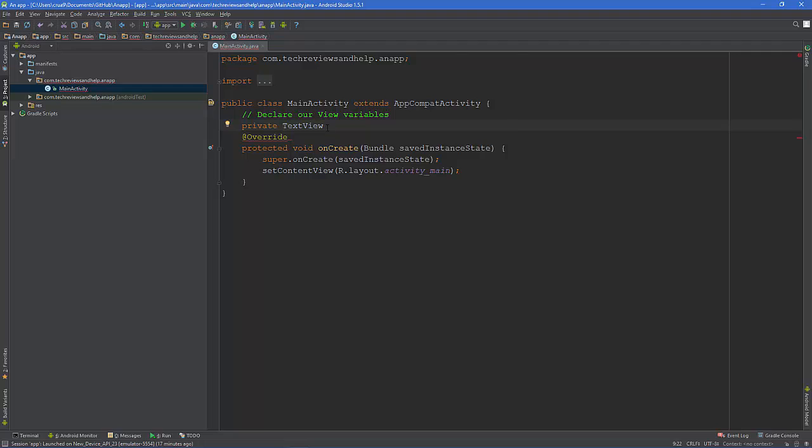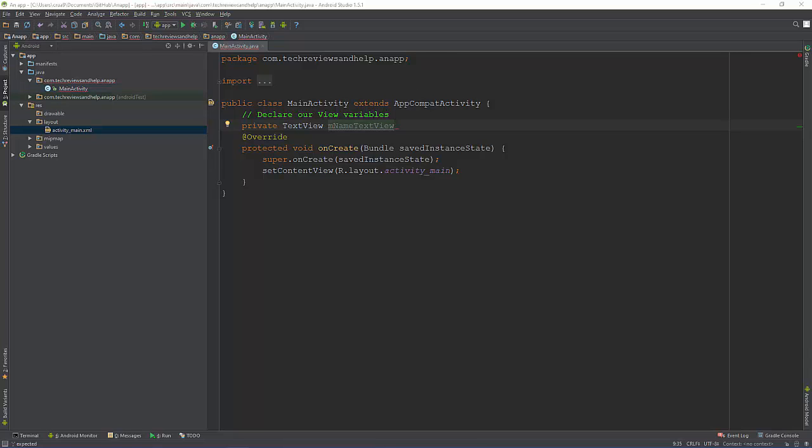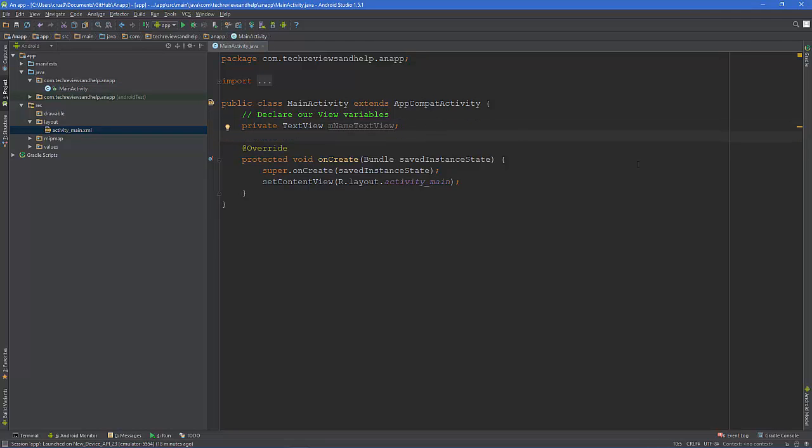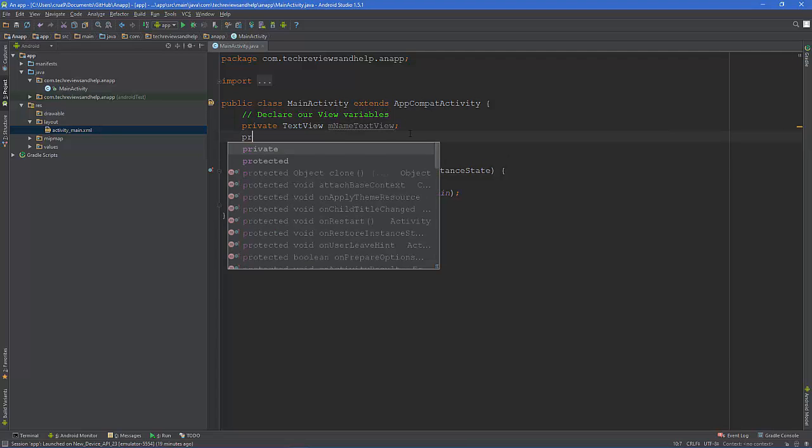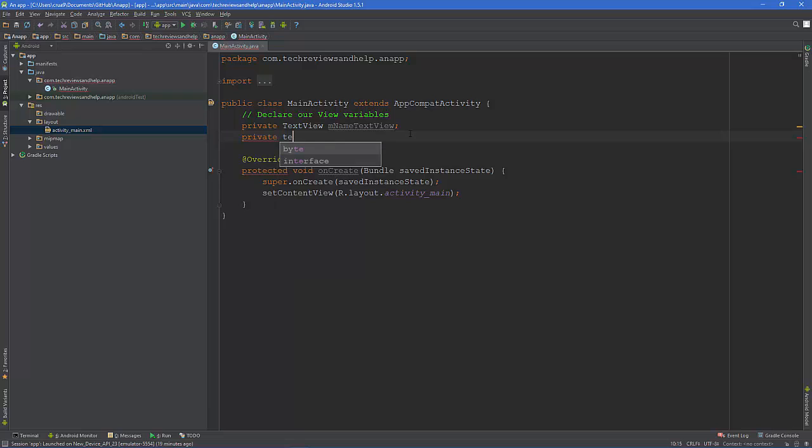And this is for the name, so we're just going to do name text view, and then we need to place the semicolon to close that off. So from here we can add a couple more. Private TextView, and let's say school,